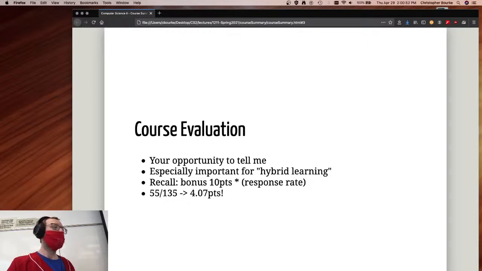So, positive peer pressure, get everybody else to fill it out. I take them extremely seriously and go through them. I do full analysis. I do sentiment analysis on them. I just throw them into an online sentiment analysis, like are they positive or negative or whatever. But I also go through and read all of them, of course, all the feedback.